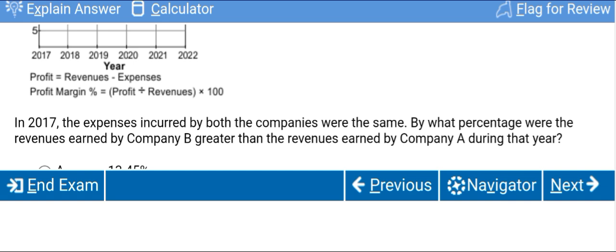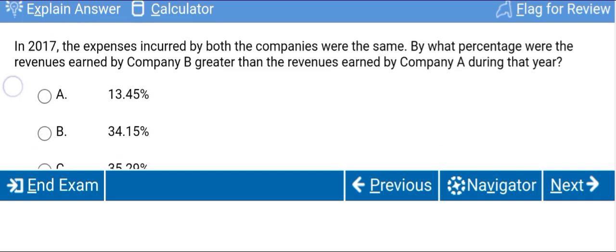By what percentage were the revenues earned by company B greater than the revenues earned by company A during that year? Option A,